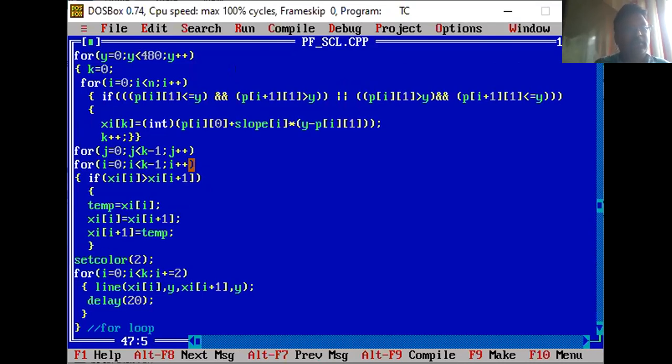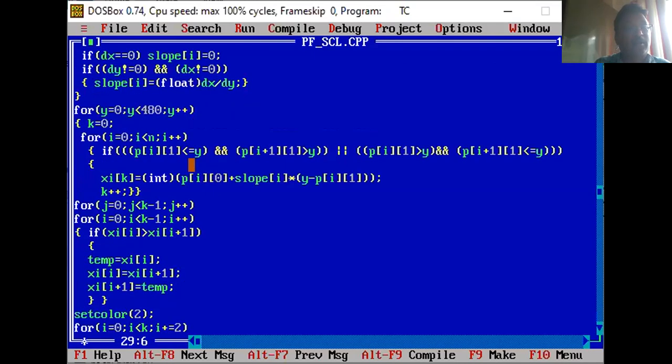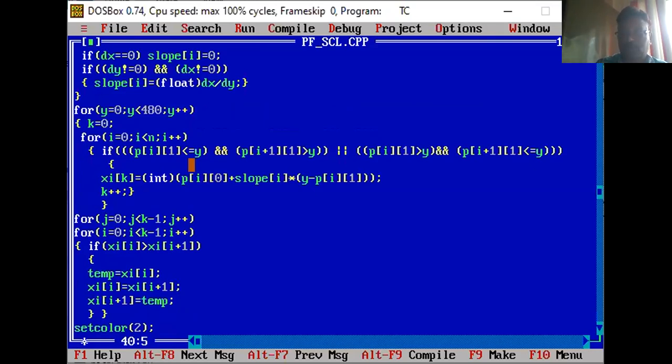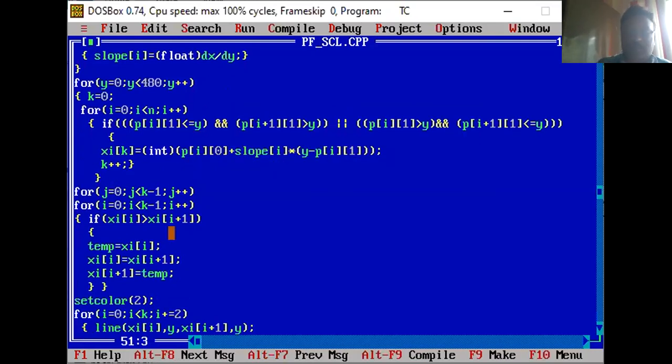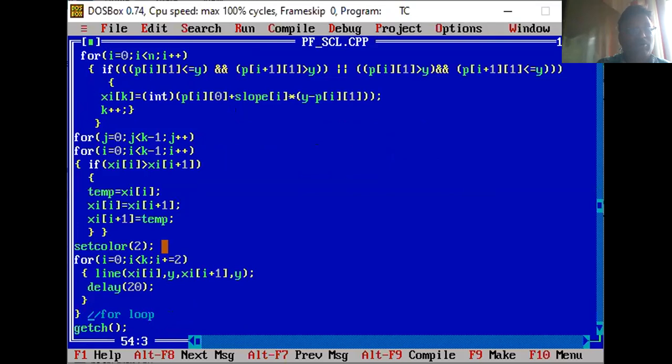Okay, this, and this is my y, this is my if condition, this is my if condition, and this is my while loop. Okay, and this is again. Okay, now this is the correct. Now understood? Here the main for loop